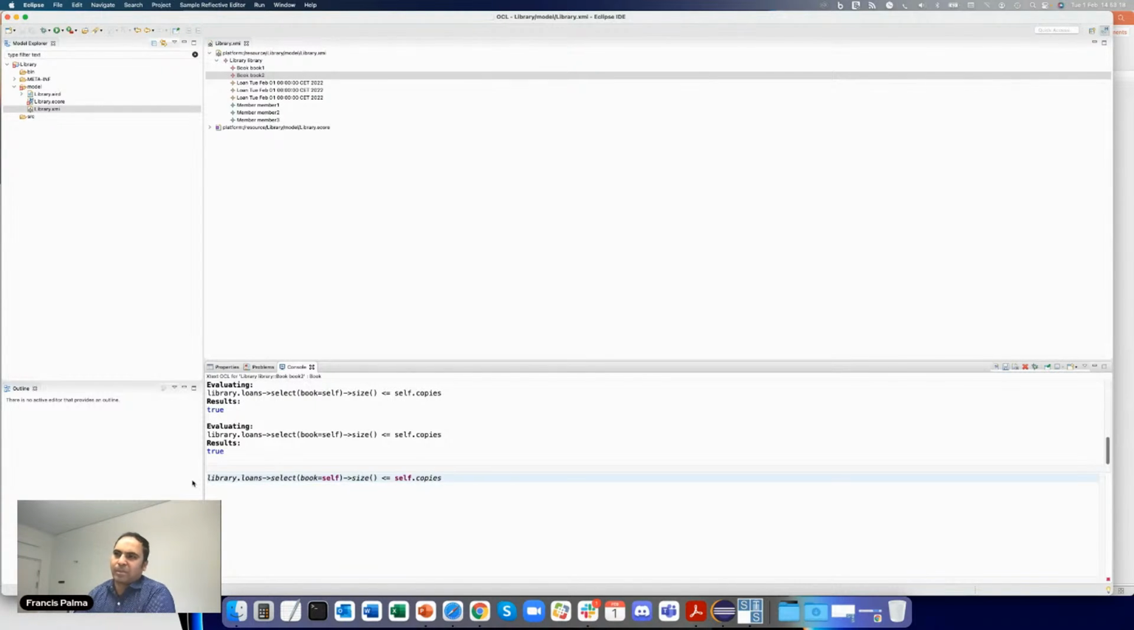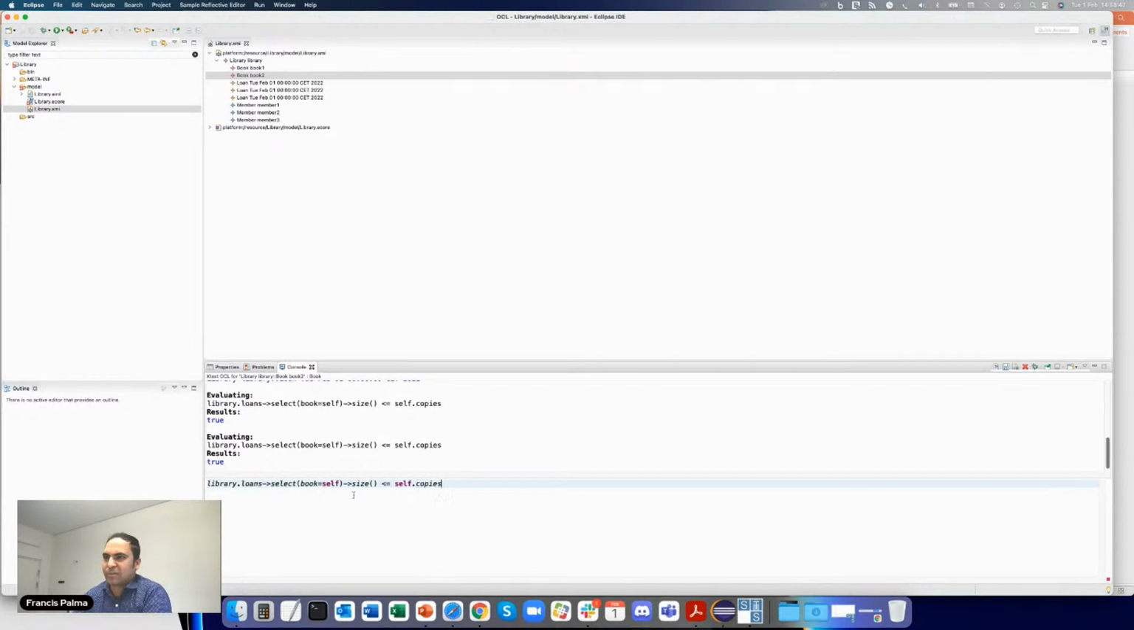But before making changes to our instance model, like I changed the loan 1, right? So if I were running this command, it would give a false or error. So these are ways that you can analyze your instance model, or you can query your instance model using this console. But there are also ways